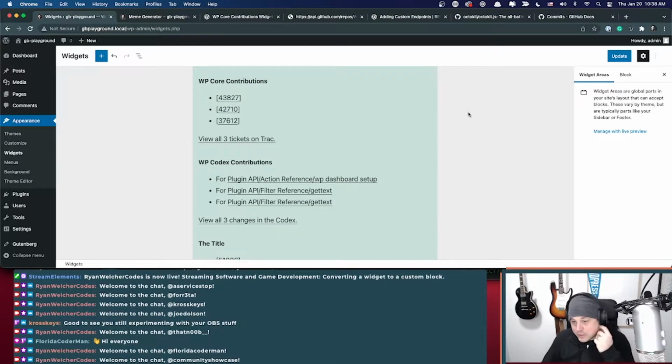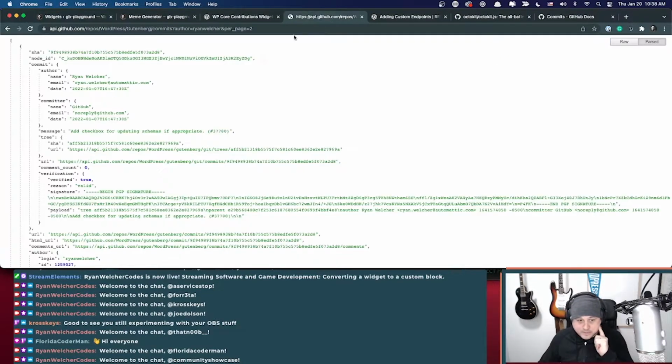So I've been looking around in Gutenberg, what am I saying? On the GitHub APIs, and it does look like there's an endpoint. Now I'm going to have to figure out if this is actually going to work, because I don't think I can just call this with a fetch. I think I'm going to get some cross-origin scripting issues. And the other thing is the equivalent